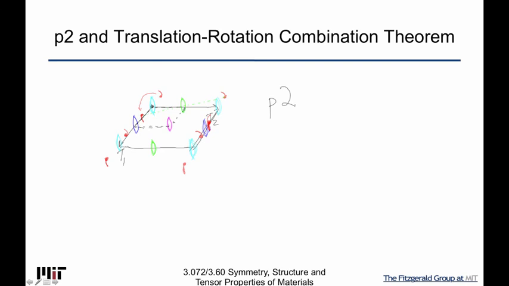The green has this long throw between these guys and this guy. And the magenta has a long throw between here and here and here and here, right? So you can see that there's 4 independent types of two-fold axes